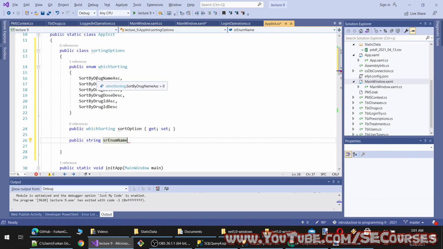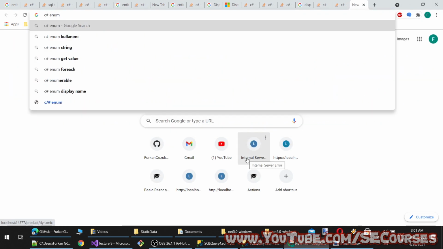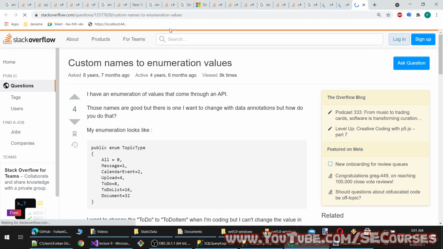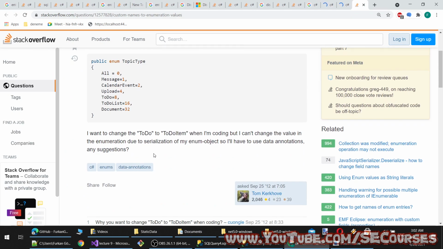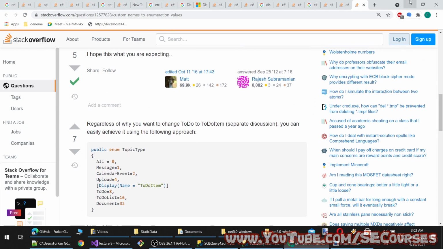Can we give a name for this? Let's see, C# enum values custom names. I don't know if it is possible, but okay, here we can. So we can try Display. Yes, it's a good idea.